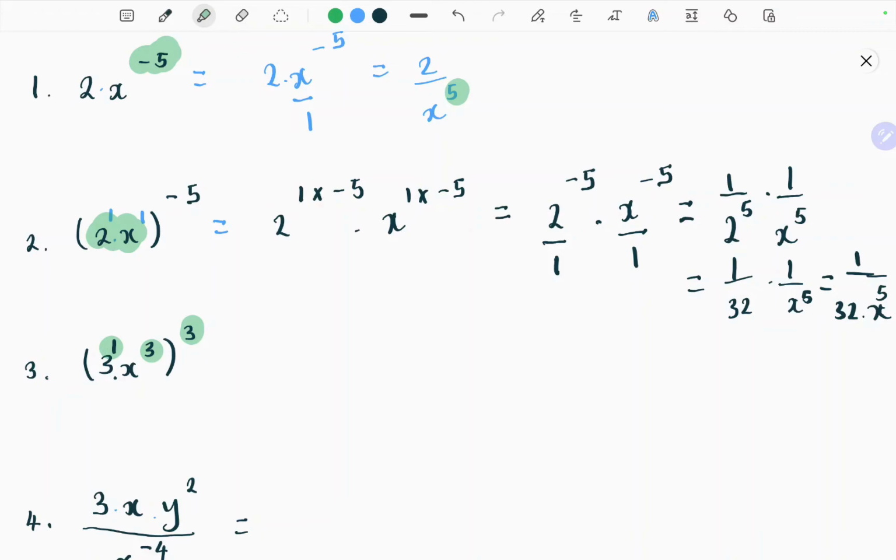So that's how you raise a power to another power, by multiplying. So this should give us 3 to the power of 1 times 3, x to the power of 3 times 3. So 3 to the power of 3, and this is x to the power of